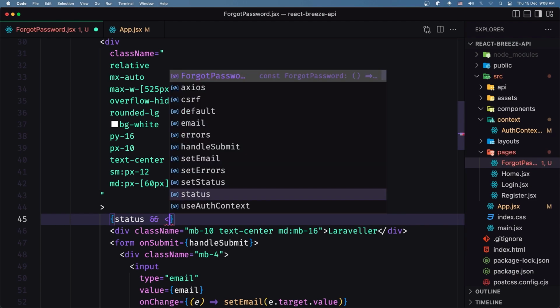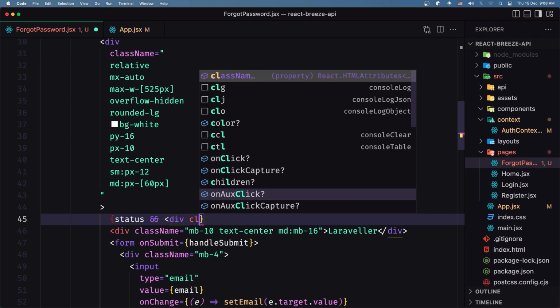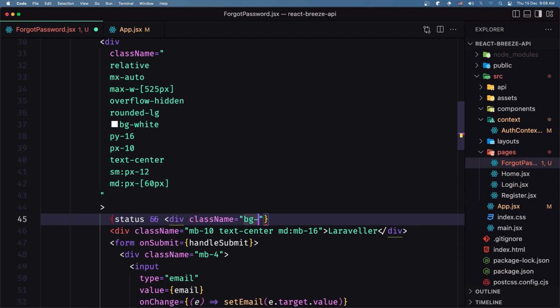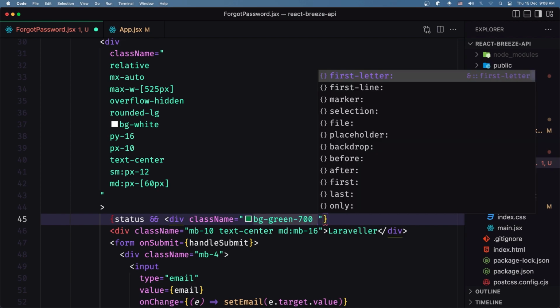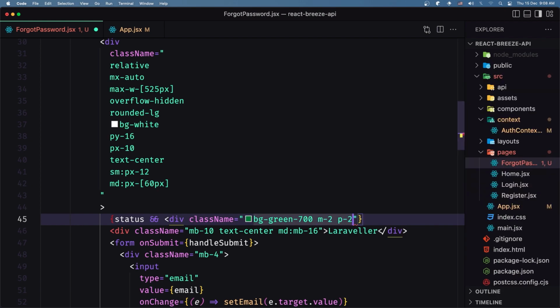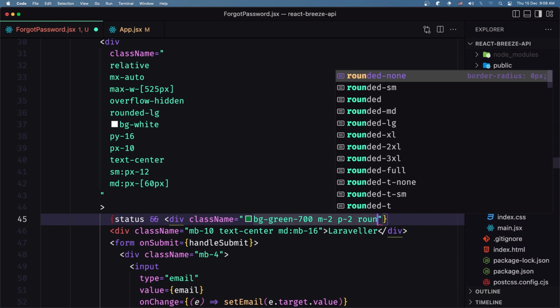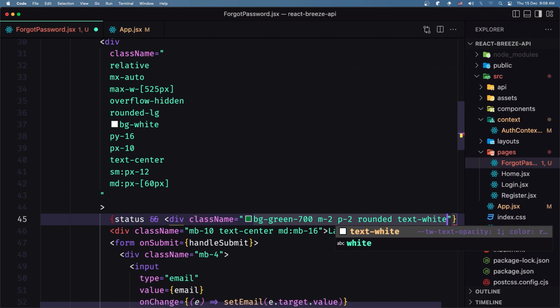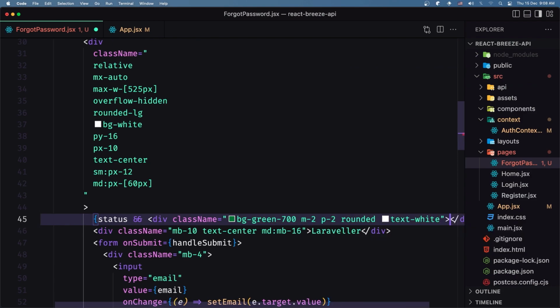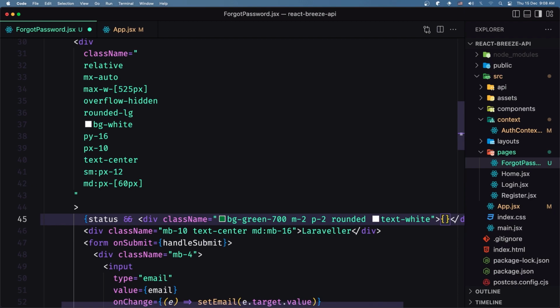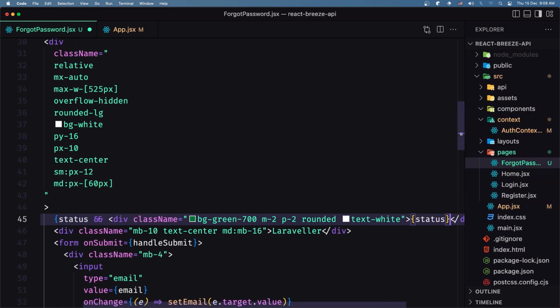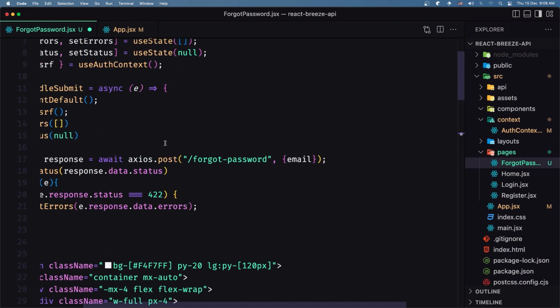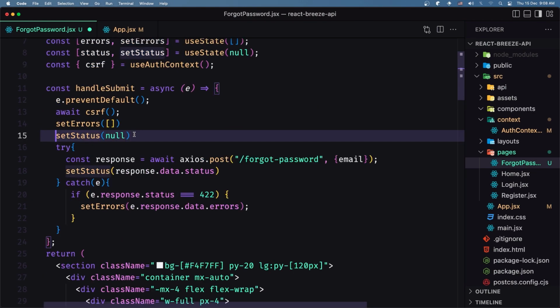And then say add a div with a class name to be BG green 700, margin 2 and padding 2, and I'm going to say also rounded, and text is going to be white, and in this one I'm going to display the status, because initially status is null. Okay,